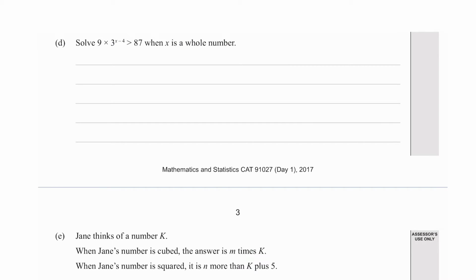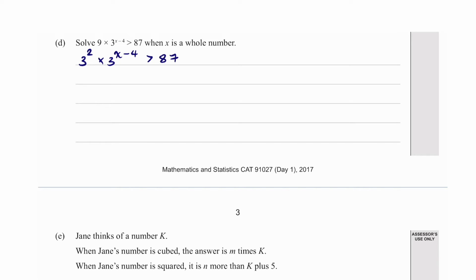Alright, let's take a look at solving part D. Solve 9 multiplied by 3 to the power of x minus 4, which is greater than 87 when x is a whole number. So how do we go about doing this? Well, we can see that we're dealing with exponents here, right? So ideally what we want to do is get everything to the base of 3, so 3 to the power of something for every term, and that way we can simplify down using our knowledge of exponent rules. So can we simplify 9 to 3 to the power of something? The answer is yes. 9 is the same as 3 to the power of 2. So we get 3 to the power of 2 multiplied by 3 to the power of x minus 4